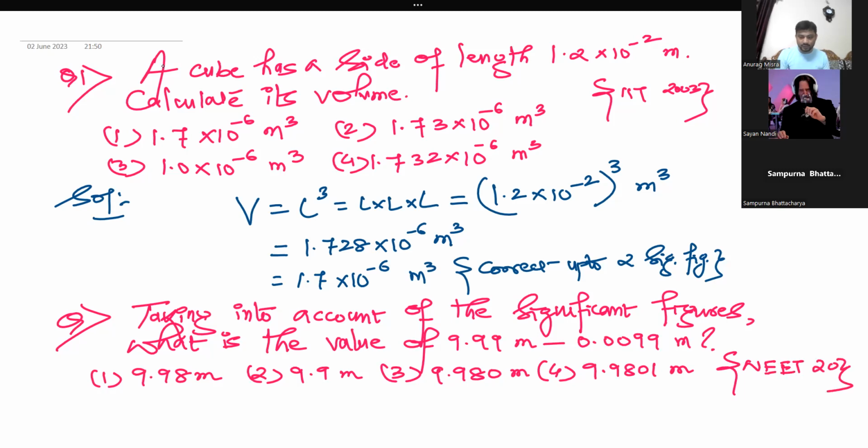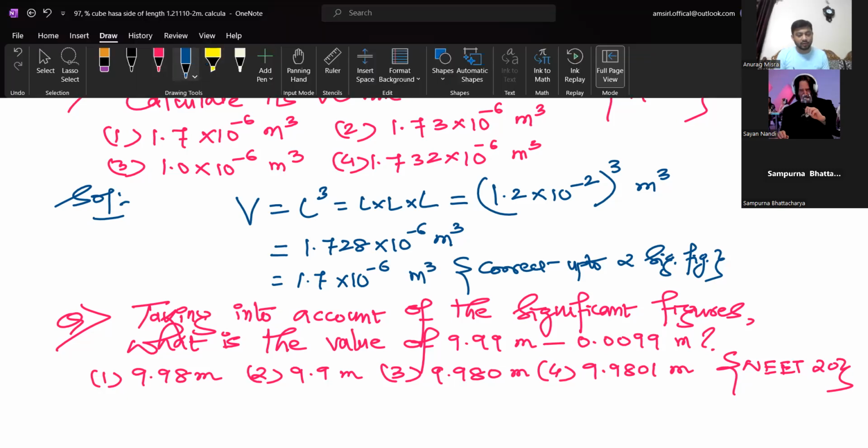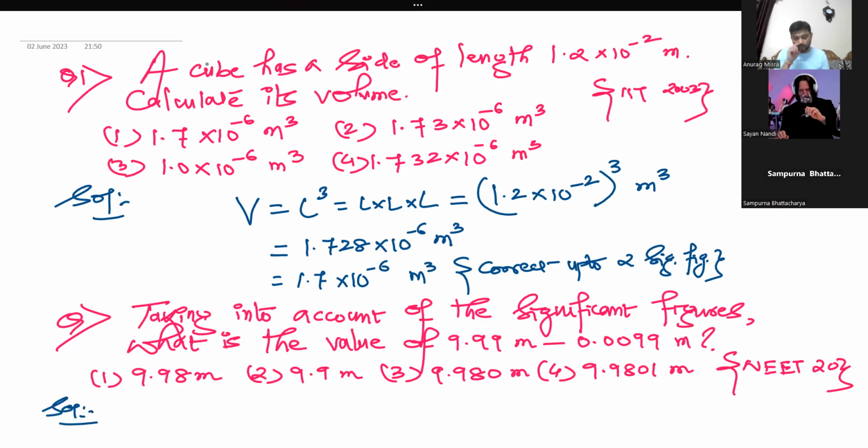So, though the question is saying that what is the result taking into view of significant figure, but हमें तो याद रखना है कि जब हम प्लस माइनस करते हैं तो हमें significant figure का रोल नहीं देखना है. हमें क्या देखना है कि what is the minimum number of decimal places. Okay, so don't get confused by the language of the question, right? तो simple क्या होगा, first normal subtract करेंगे तो 9.99 minus 0.0099. If you subtract it, then obviously the result will be what? Normal subtraction करेंगे तो you get